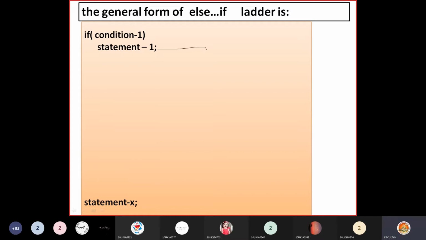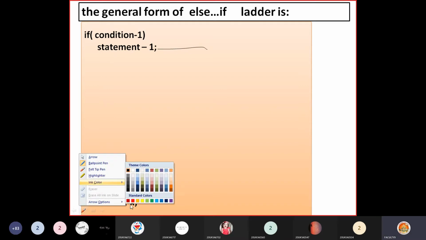So from here, let us take a different color here.